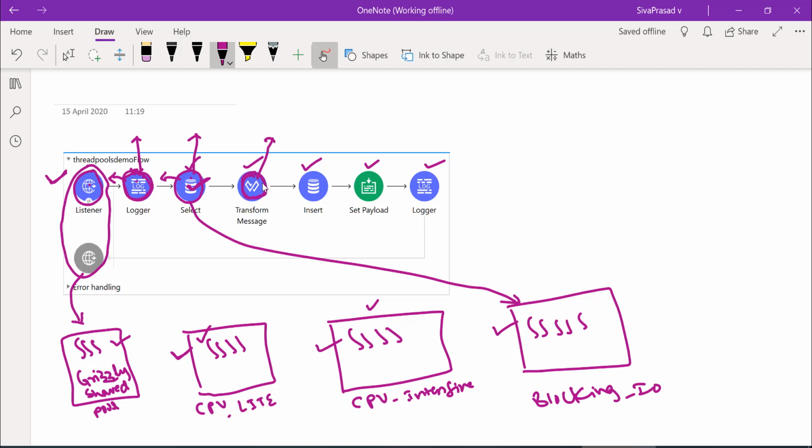And again, the transform message has to push the event to insert. Again, this insert is doing an IO operation, right? So the insert should be executed using blocking IO. But then what about the set payload? It is neither doing IO, nor doing CPU intensive work. Actually it is doing a CPU light operation, right? We expect that this set payload has to be executed using a thread from the CPU light thread pool, but